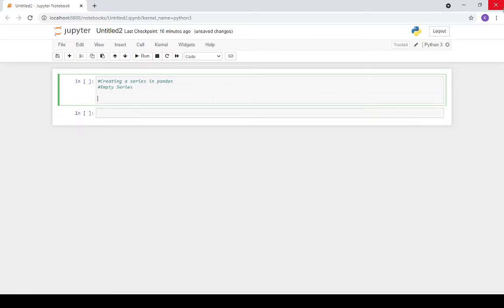Suppose that we want to create an empty series. First of all, we have to import the module. We are using pandas, so we import it.